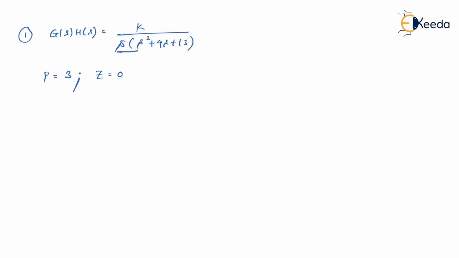You know that in root locus, what happens? The journey of the root locus starts with the pole and it gets terminated into zeros. Unfortunately, there are no zeros. So the total number of root locus branches which are tending to infinity is P minus Z. In this case, all the 3 poles will travel towards infinity. So I can say that all poles will travel to infinity.